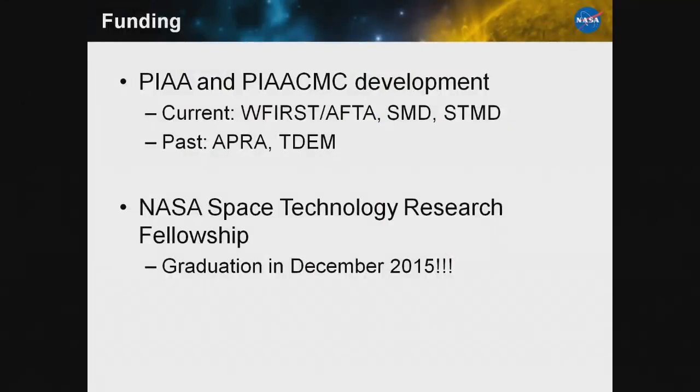Our funding, for the most part, comes from NASA. In the past, this has come in the form of various TDEM and APRA awards. More recently, we are currently being funded as part of the AFTA development, and my funding to be a part of the project comes from a NASA Space Technology Research Fellowship,